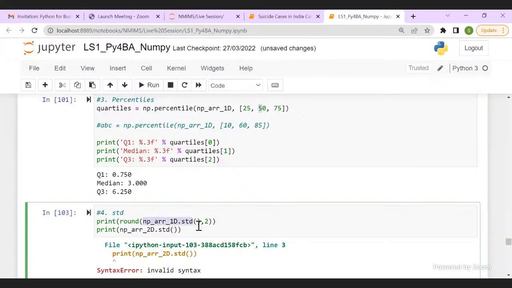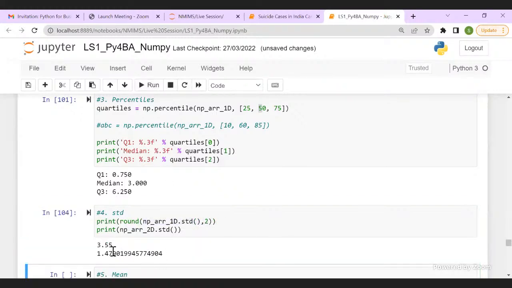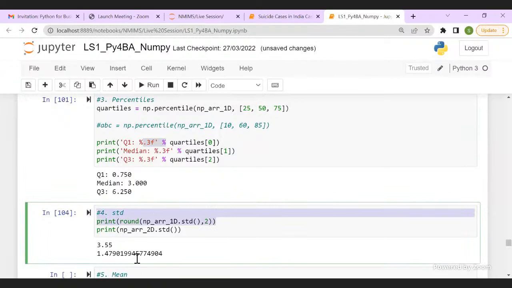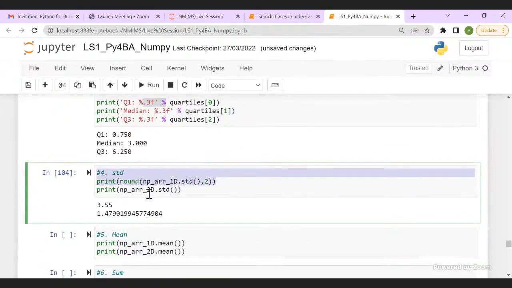I can either use round or I can use the formatting option of my print function. So I can restrict it to 2 decimal places.